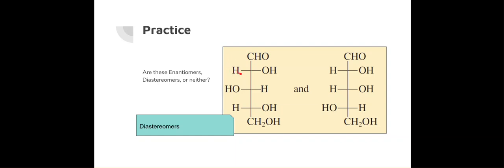What would cause it to be neither? Like what I'm saying, if you had an extra carbon over here, then these aren't isomers at all. They don't have the same molecular formula anymore. Or let's say you threw a bromine in here, then they don't have the same molecular formula anymore.